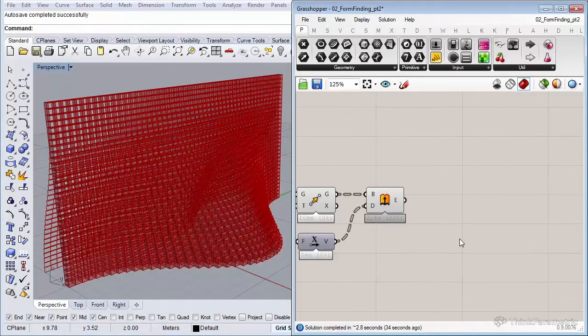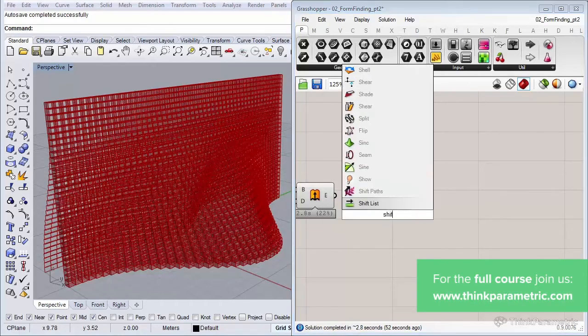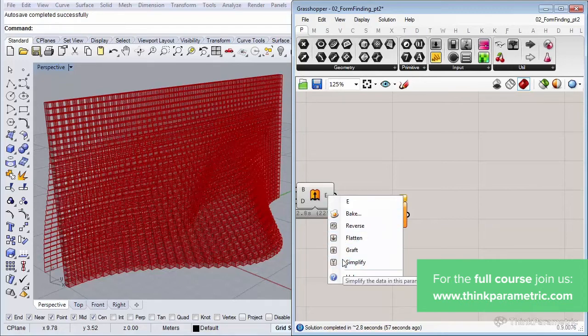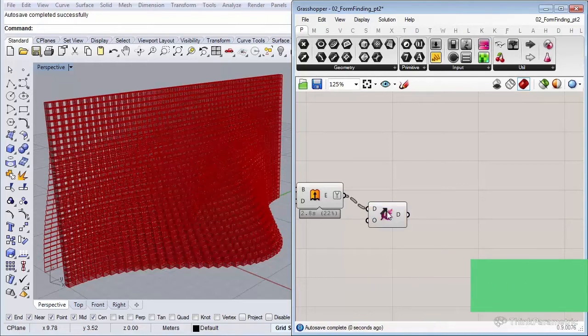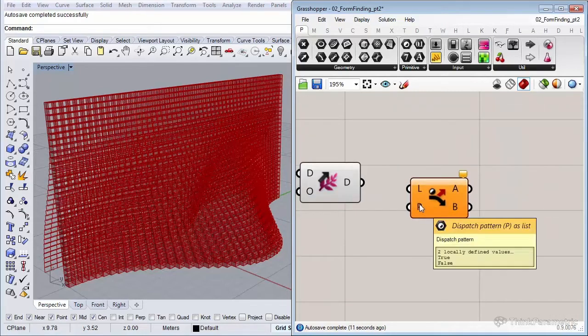And we're going to use a very dirty way to achieve this. Later on, I'm going to be more preoccupied with the data structure. But just for visualization, we don't care about these things. So let's shift our branches one back. And don't forget to simplify this output. So by shifting one back, we lose a certain organization, but for now that's fine. We're going to use the dispatch component. And the pattern is already set to true false, which resembles more or less a checkerboard pattern, which is nice.